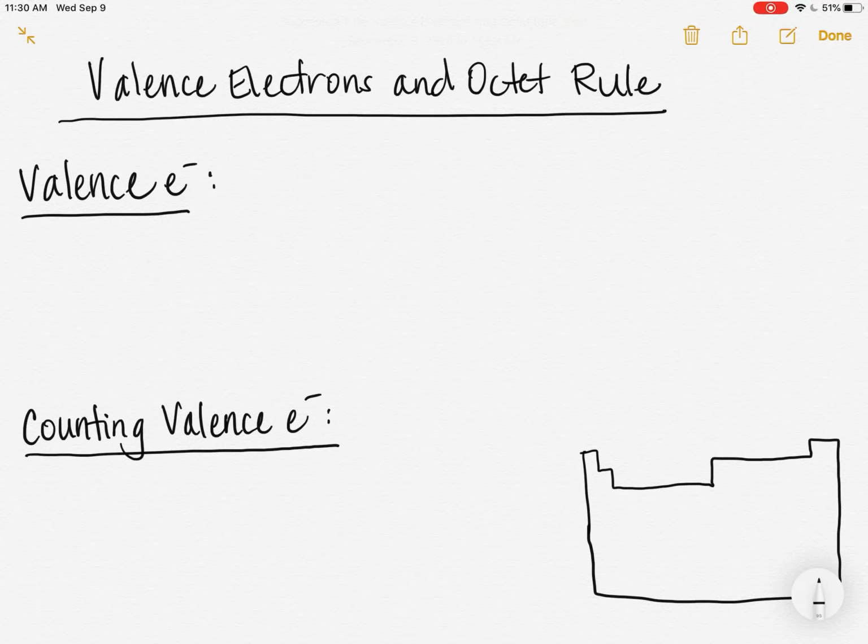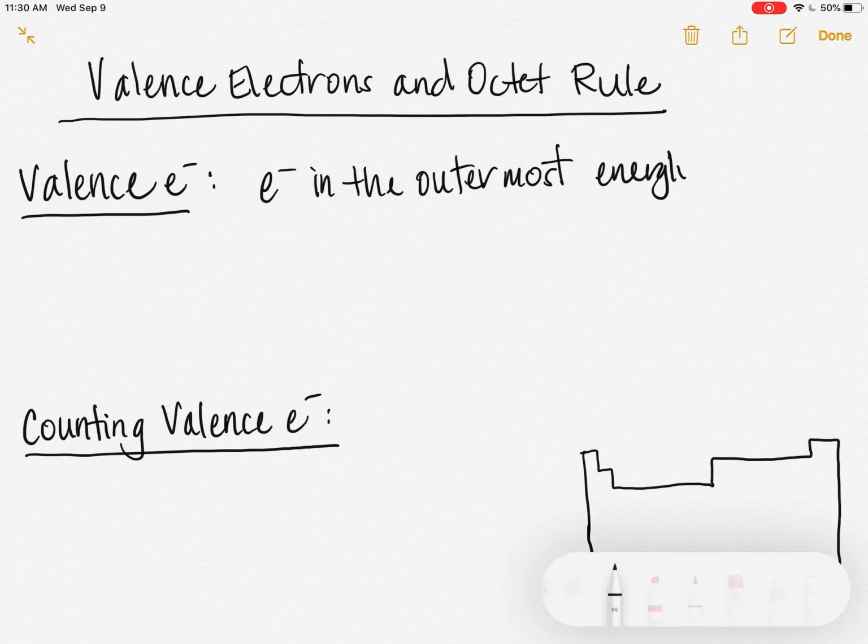Up until this point, we've just been talking about electrons in general, and now we're going to make the distinction to something called valence, which is very important for the rest of our chemistry education. So what's a valence electron? Well, a valence electron is defined as electrons in the